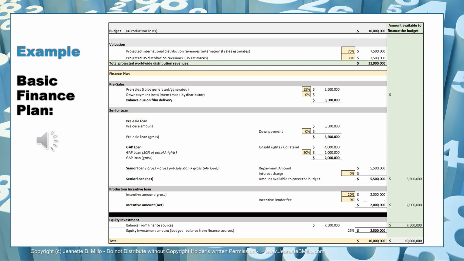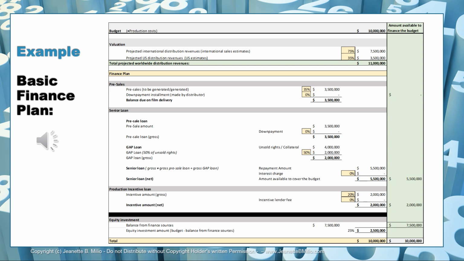And then the bank does not just look at what you have in pre-sales, in contracts. They also look at the sales estimates and decide the unsold rights that can still be sold have value for them. They're not going to give us money for all the unsold rights. Like in our situation here, we have projected that our international distribution revenues are 7.5 million. And of that, we have sold 3.5 million in international pre-sales, which leaves us with 4 million in international rights